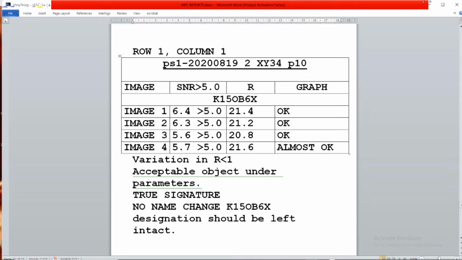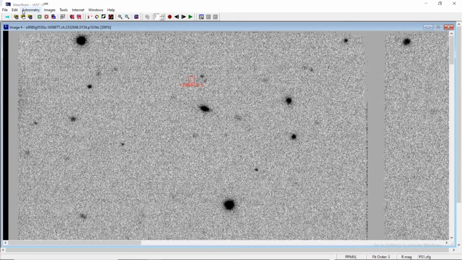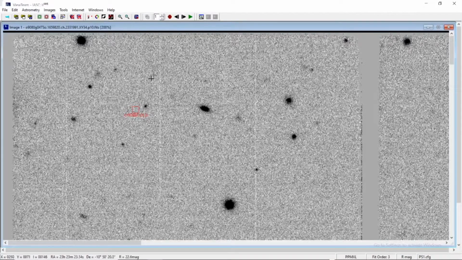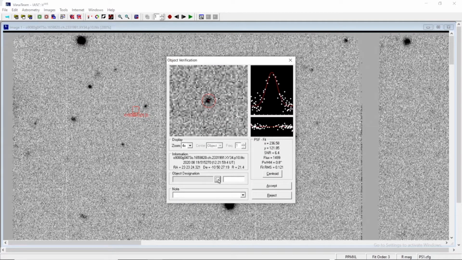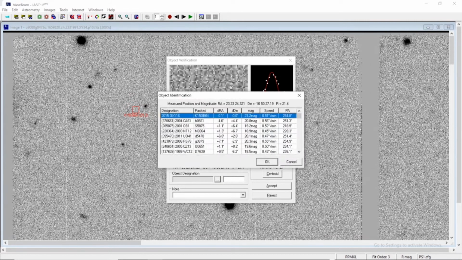So now we will proceed further with the MPC report preparation. We will go a step forward to image number 1, put our crossbar here, and go for the object designation. It is because we have already seen our object properties, so no need to think over it.